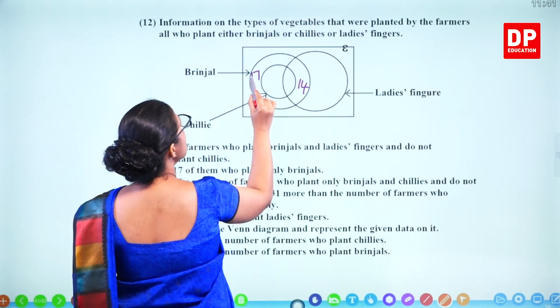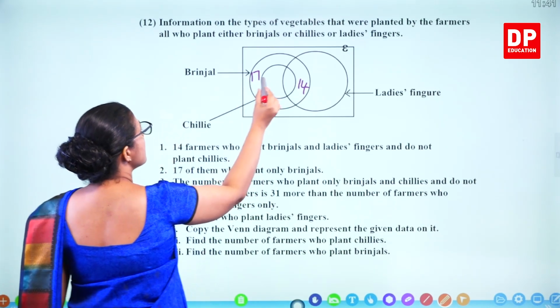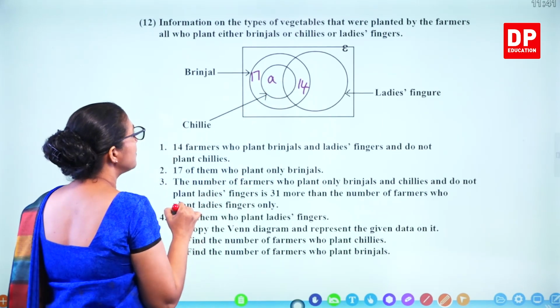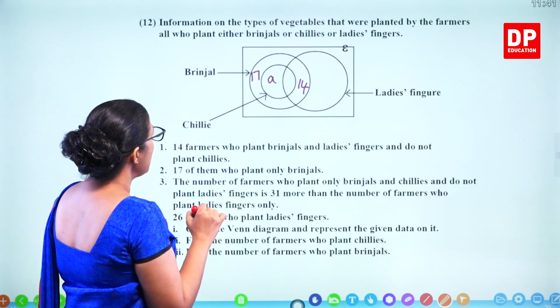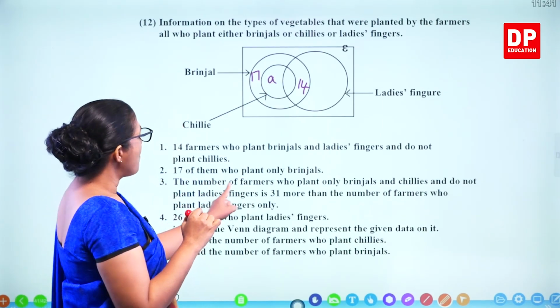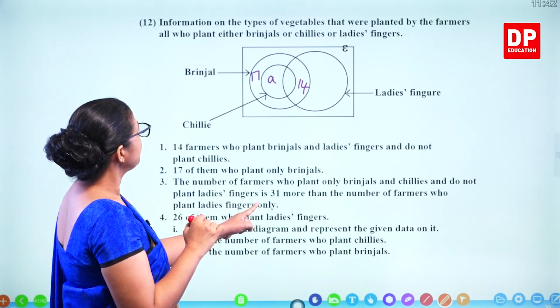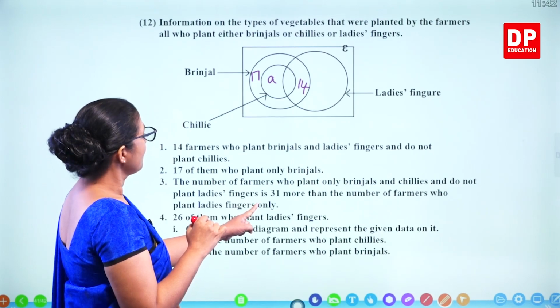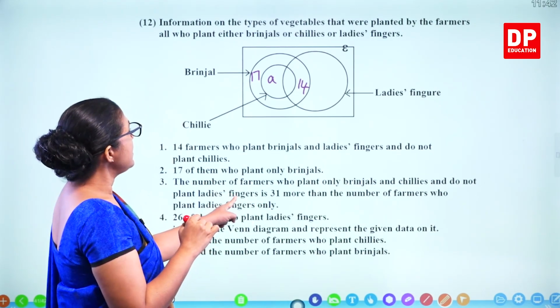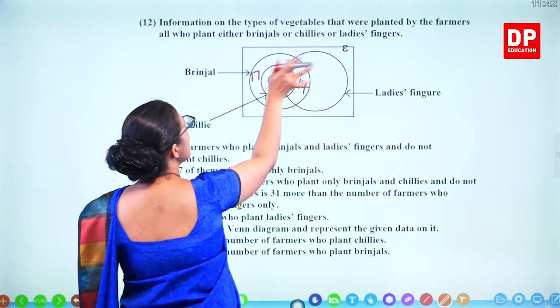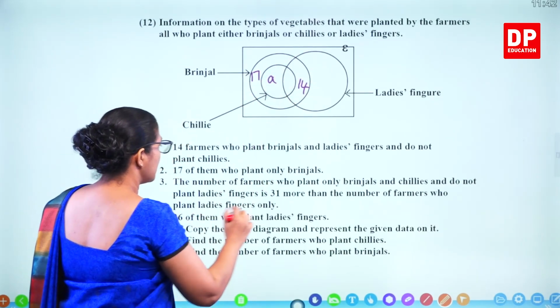So that means these two parts. If you take this one as A, so it says the number of farmers who plant only brinjals and chilies and do not plant ladies' fingers. So outside. So A plus 17